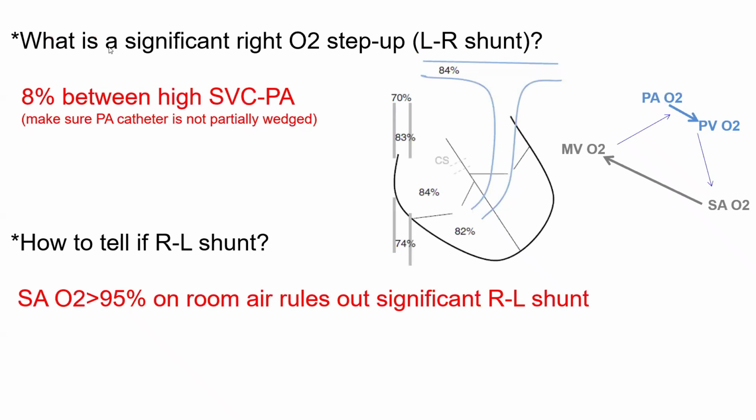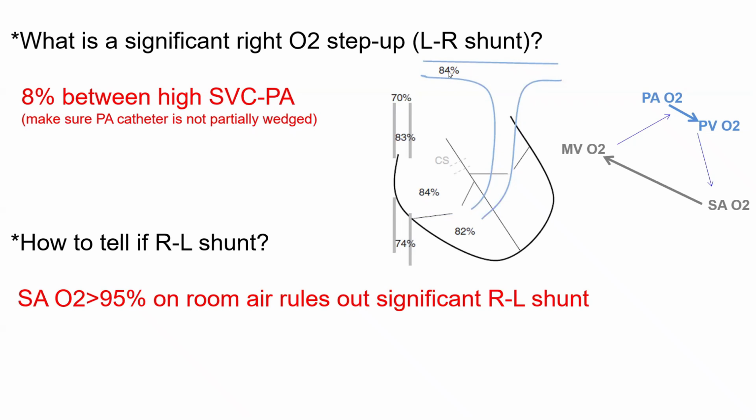First, what is a significant right O2 step up that is diagnostic of left to right shunt? You need to know that simple number, which is 8%. This is on screening oximetry that we do in every single right heart cath we do, regardless of the indication. We sample the high SVC and the PA, and an 8% step up between the SVC and the PA is